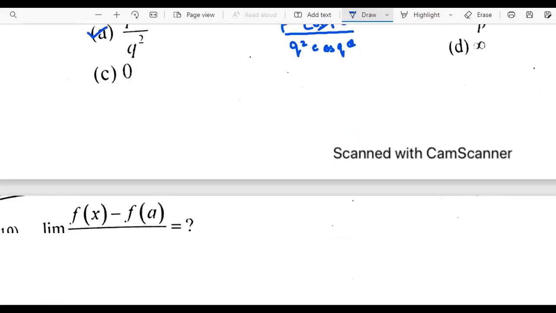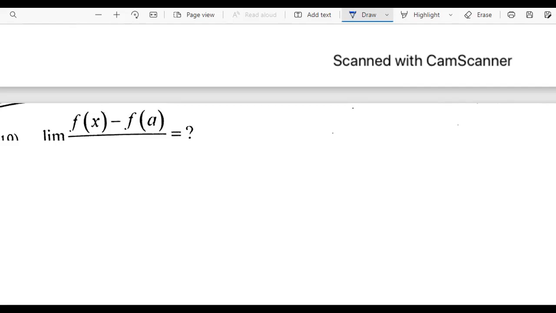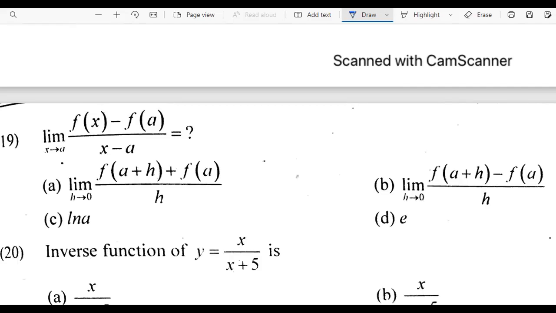Okay. Let's talk about the next question. In the next question, we have something in terms of f of x and f of a, and we need to find the equivalent form. So we have f of x minus f of a divided by x minus a. And basically, when we use x approaching a, it would become